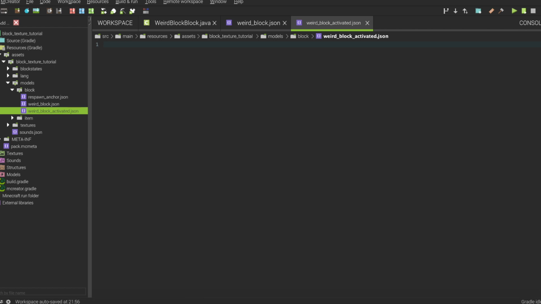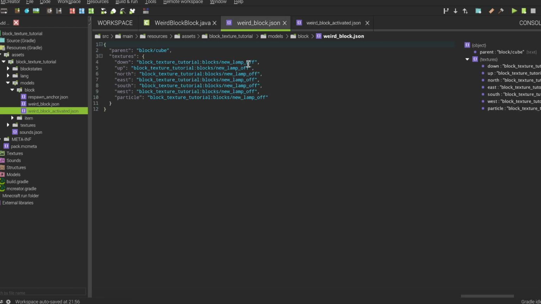Okay, then on your weird block activated, you're going to need to set the activated textures of your block. On mine, you can see it's new lamp off, etc. But it's the same textures.